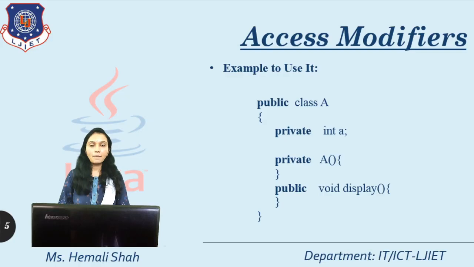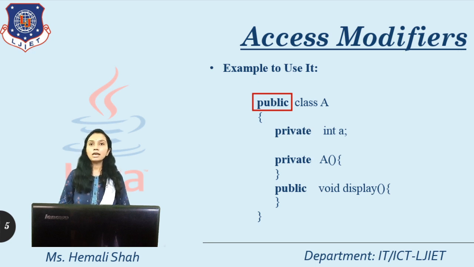Now say for example, in this particular example I have used public at the time of declaring the class. Here you cannot use protected and private because an outer class cannot be private or protected, which I have already covered, but an inner class you can make private and protected. You can also make a class default. So here I have used a public class. Here you have to give the file name as A.java, which I have already covered: when we use a public class, the class name must be the same as the file name.